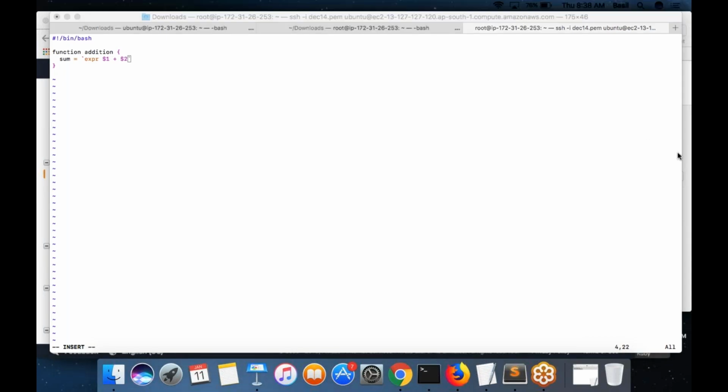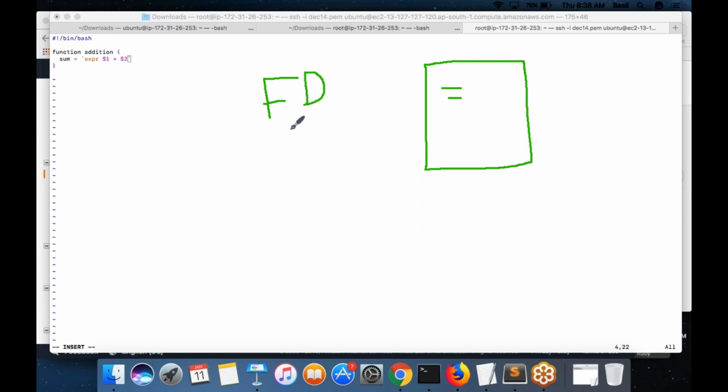So what are arguments? Assume I am writing some commands here because I want to calculate the interest of a bank application. Some people have a fixed deposit, some people have a savings account, some people would have a loan account.